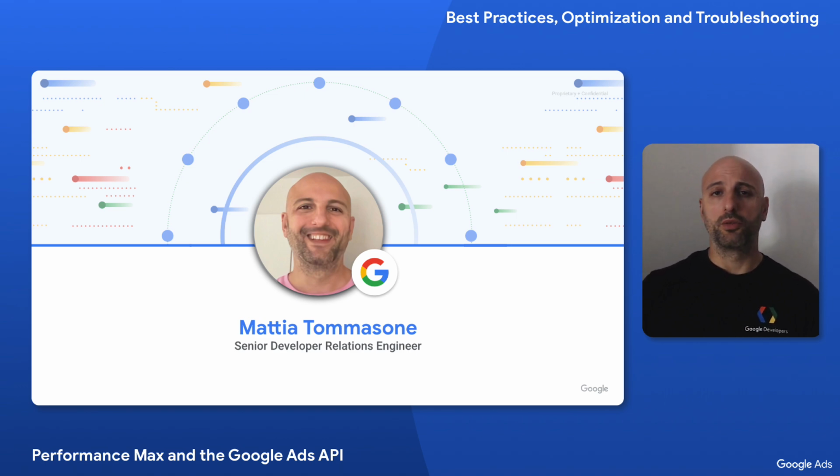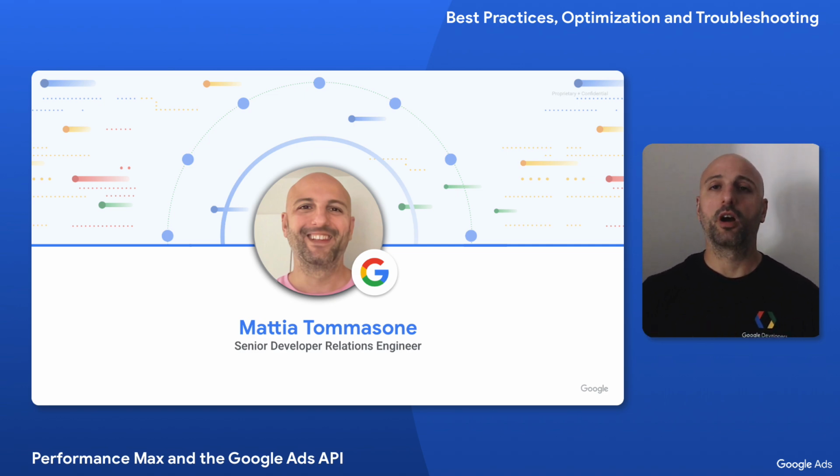I will walk you through some tips and tricks to make sure that your applications make the most of the Google Ads API for Performance Max campaigns. This session is mostly geared towards software developers building applications on top of the Google Ads API. There will be a few snippets of code throughout the session, but we will also see some best practices that apply to Performance Max as a product, regardless of whether you are building your own applications with the Google Ads